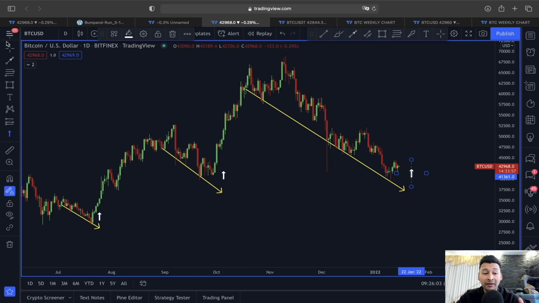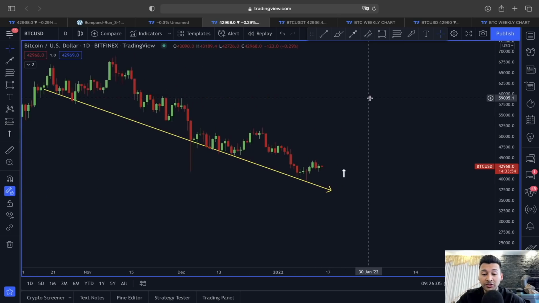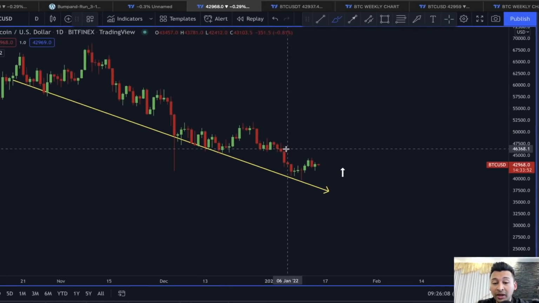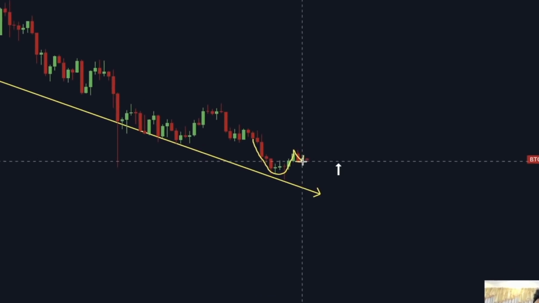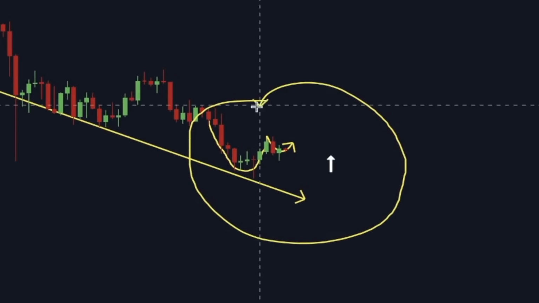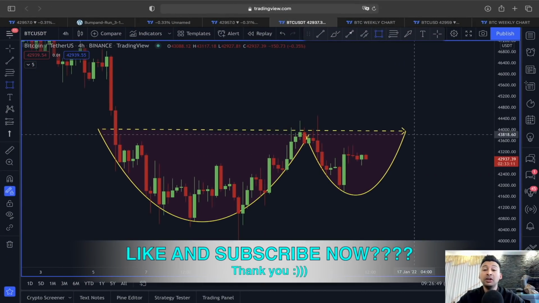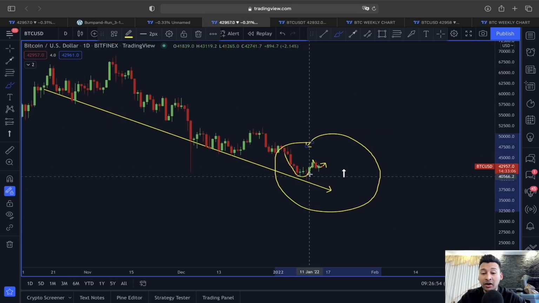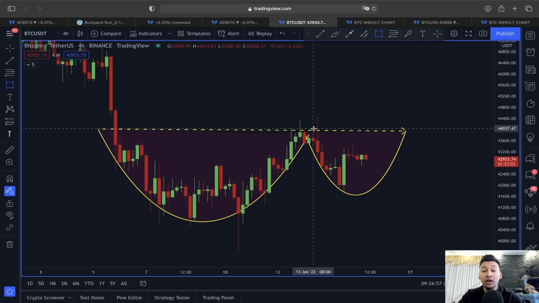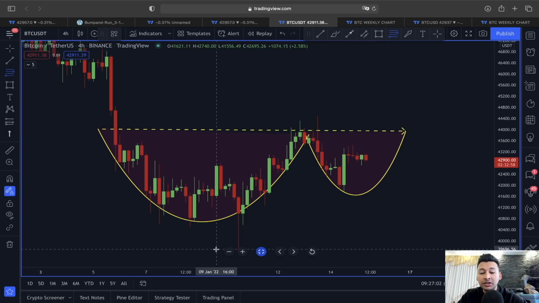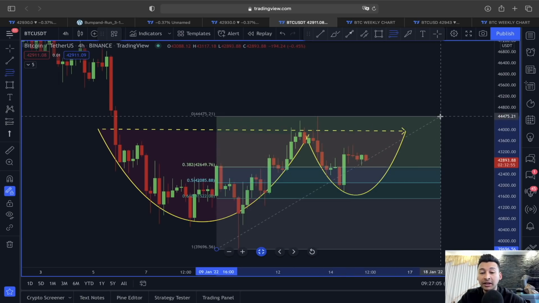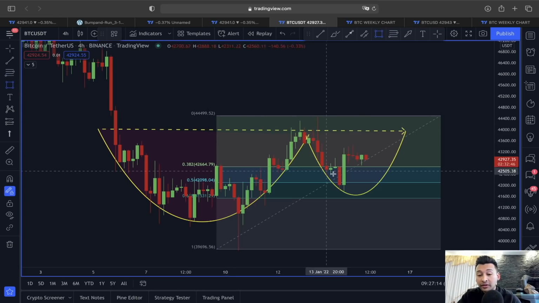And not just this, I have also seen many people talking about this one price structure around this range, which could be forming a very nice cup and handle type of scenario. Let me show you around this price range in a smaller time frame. So guys, now if we look at this price structure in a 4-hour time frame, you can see we could be forming this very nice cup and handle pattern around this range, because yesterday the retracement ended around this 0.5 Fibonacci retracement line, and that is also indicating that if this is a cup and handle, then the retracement ended around this 0.5 Fibonacci line since the support was there.